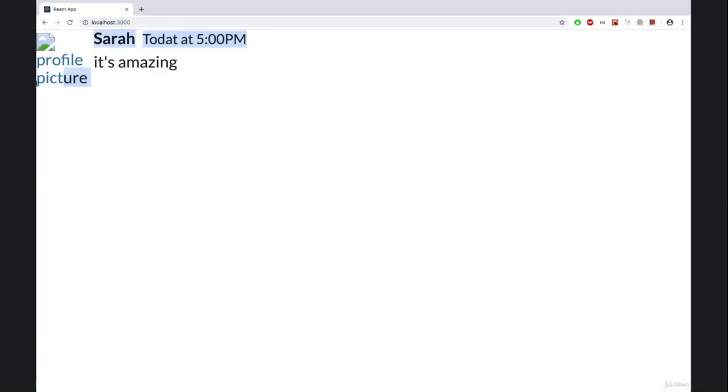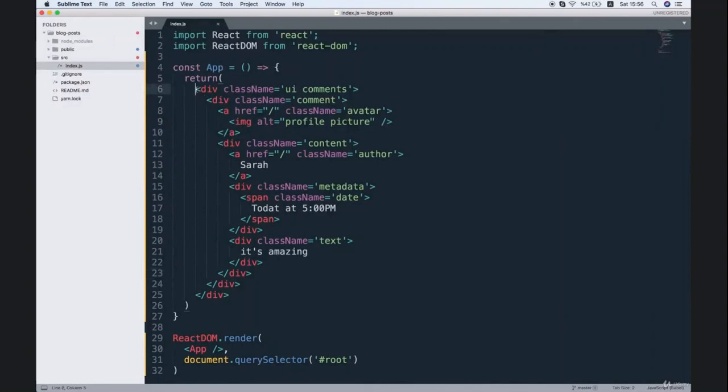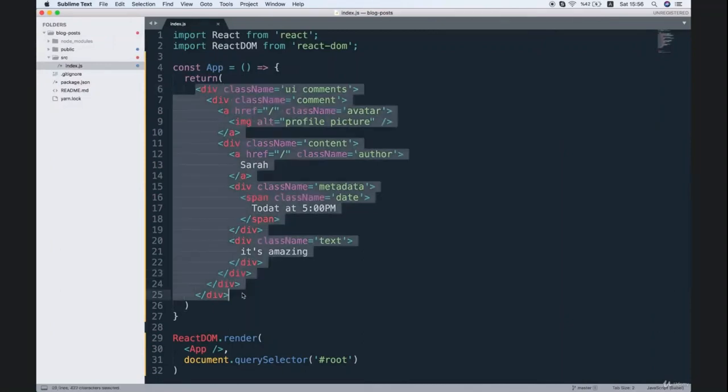So if you see any error messages appear right here, that means you probably made a typo somewhere as we were putting together the JSX. So just do a quick double check with mine, and I'm sure that you'll find the error somewhere. It's just going to be a typo. So we've got our first comment put together, but we have an image to put inside of our JSX. So take a break for now and